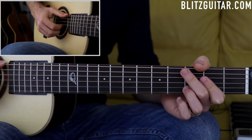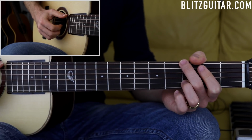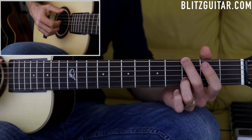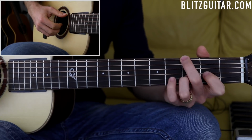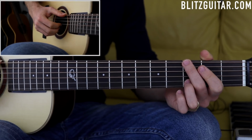Now we're gonna keep it really simple. We're only gonna add one thumb slap per chord. And we're gonna do it like this. We're gonna keep the same finger picking pattern, the same melody as well, but we're gonna add the thumb slap on the second triplet. So